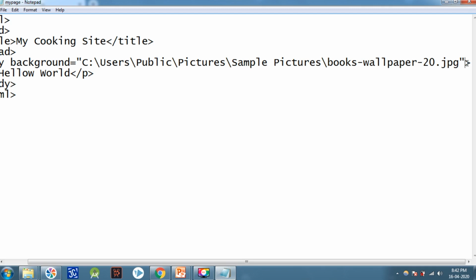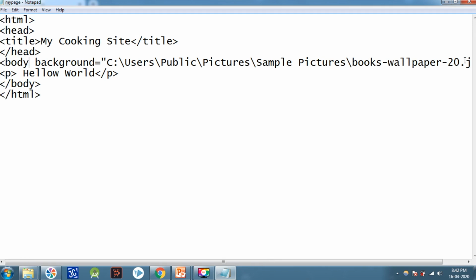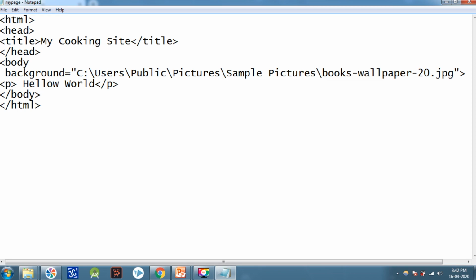And now we are going to change the text color. I will put in an enter to make it more convenient. Text is also another attribute of the body tag, in which I can type a color name, suppose white.